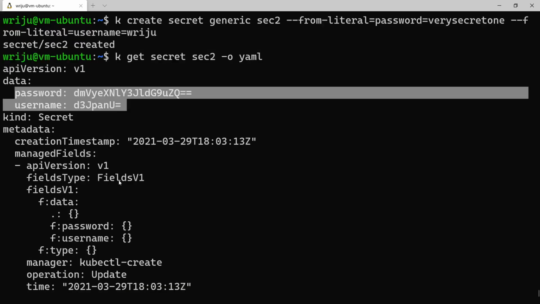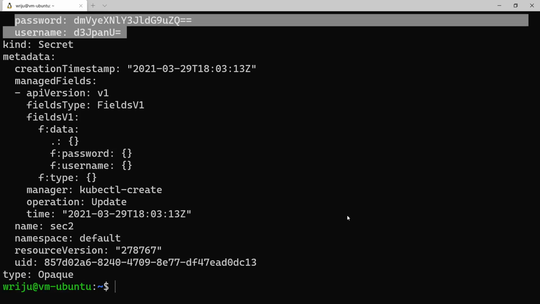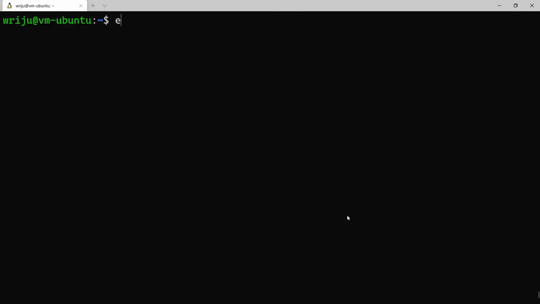Now, this is one way of thinking, like passing things in the command prompt to generate that. However, if you have a file which is like a key value pair, then you can generate a secret from the file. So let's try to create a file over here. What I'm going to do is say echo -n, can I say admin? And I say